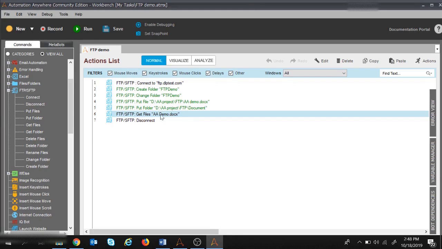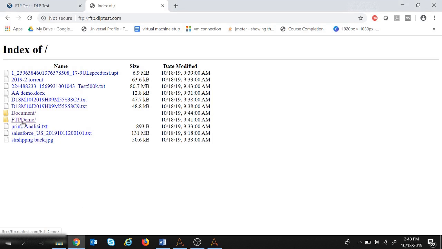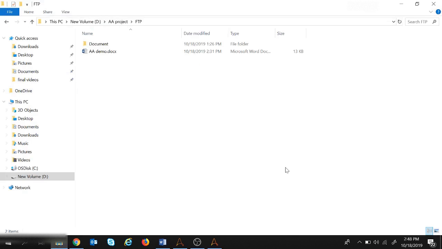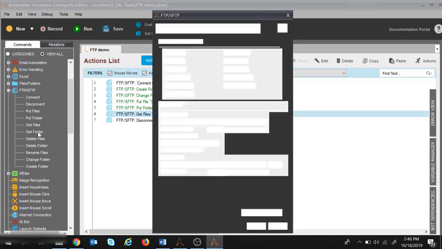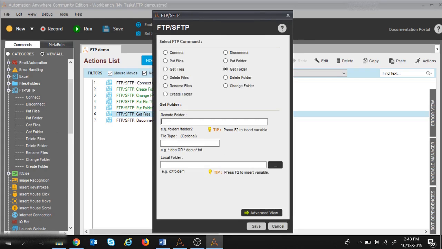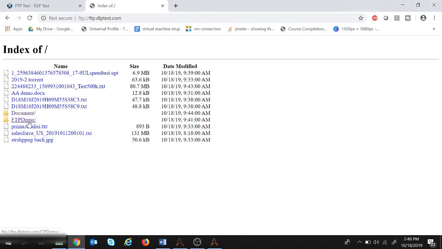So just as we got this demo file from the FTP server to our local machine, we will get a folder as well. We want to have this FTP demo folder in my local machine over here. Let's see how we can do that. We have this get folder command. So let's open this get folder command and we need to give the remote folder over here. So what is our remote folder? We have remote folder as